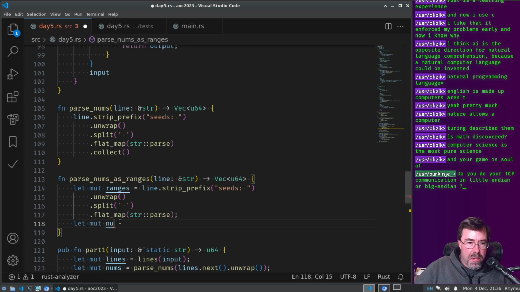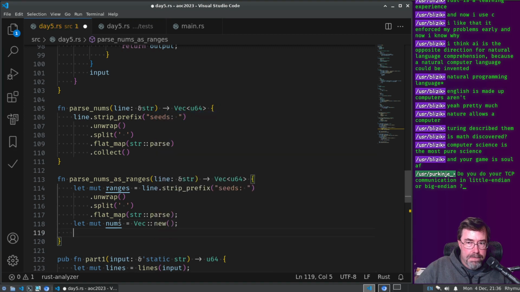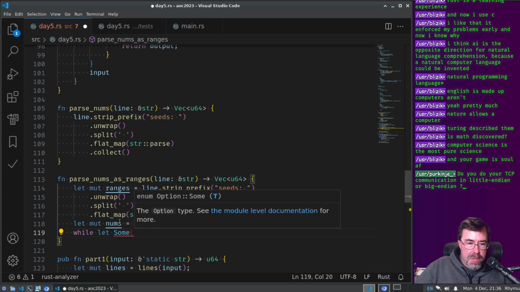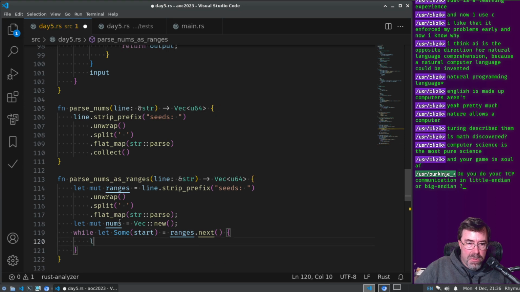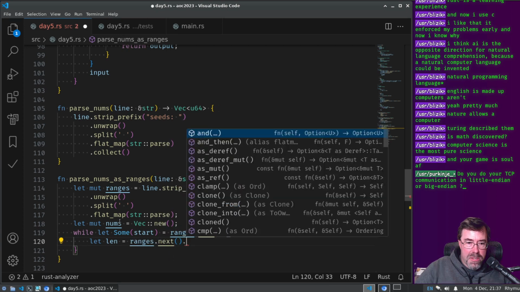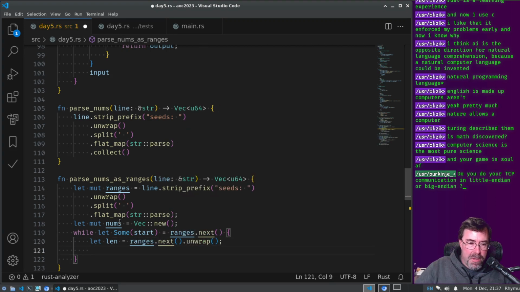So let mut nums equal Vec::new, and then while let Some start equal ranges.next. Let length equal ranges.next.unwrap, and then